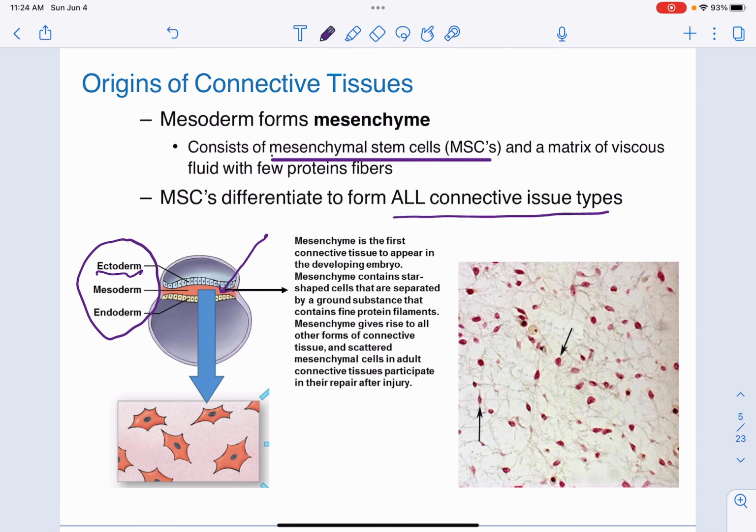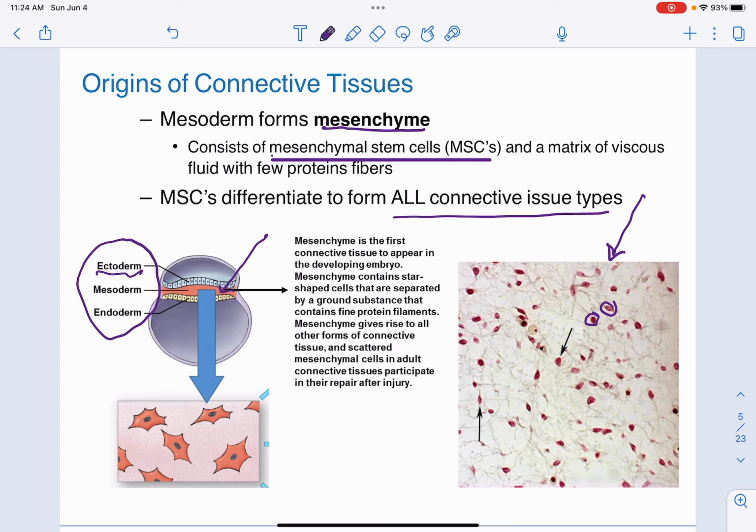The early tissue that connective tissue comes from is called the mesenchyme. The mesenchyme consists of mesenchymal stem cells, but not a lot of fibers yet because it hasn't taken on its final job. It's the beginning substance from which you will construct the tissue. It is a basic substance that will later be altered to make the various connective tissues. So this picture right here shows what mesenchyme looks like. So you can see the nuclei of individual cells, and they are embedded in a substance all around them,